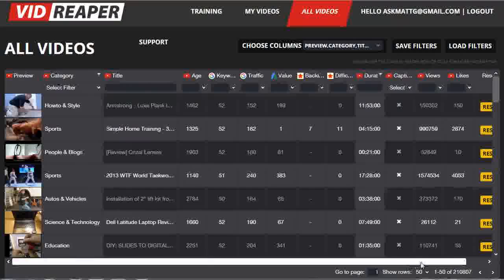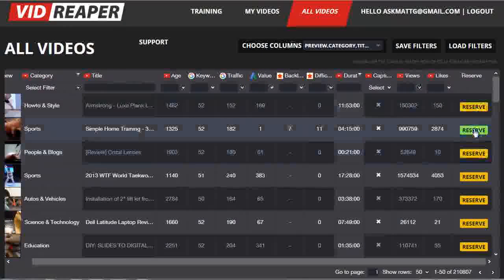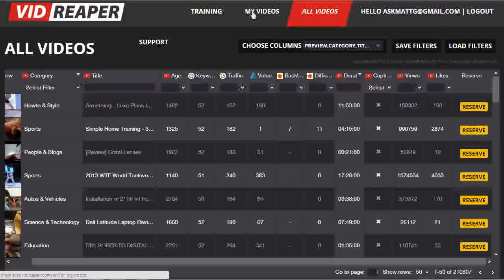Now, a few moments ago, I mentioned this big yellow button on the right called Reserve. This is specifically for premium members, members who've upgraded to the premium membership, as is the My Videos page. Basically, what this allows premium members to do is, when they find a video that they really, really like, they can cut down their potential competition for ranking for that video by reserving it and hiding the title details